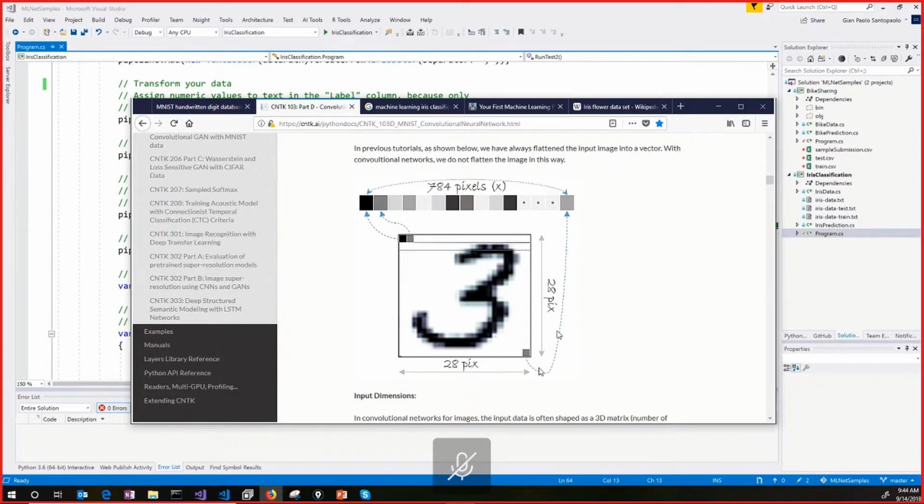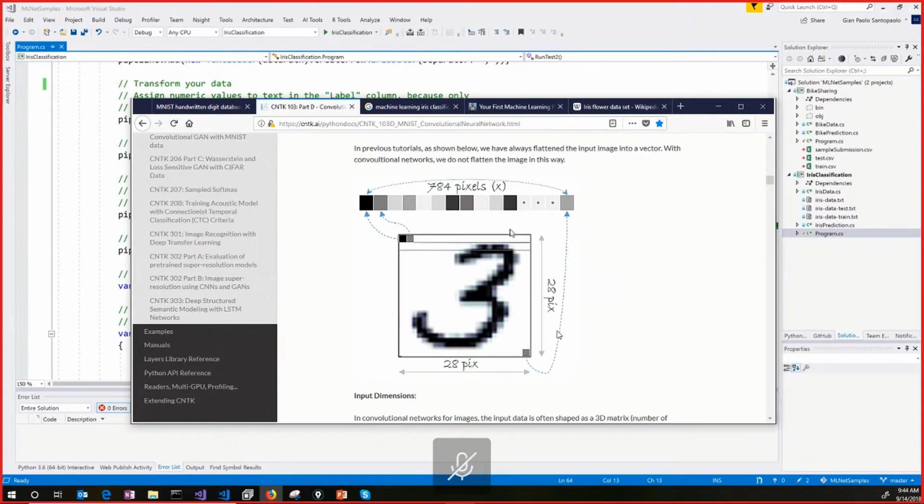This is another thing to understand: we need to take this picture and load it into a single-dimensional array. For doing that, we do what is called flattening. As we said, it's 28 pixels by 28 pixels. So we get the first row, 28 pixels, and we start putting it in a row. Then we get the second row, and we put it on the side.